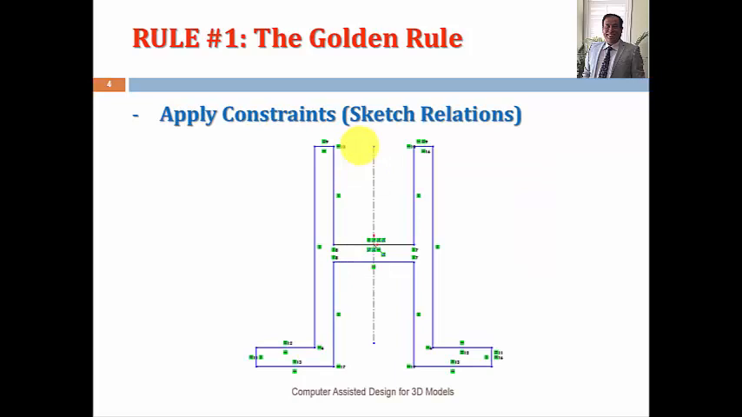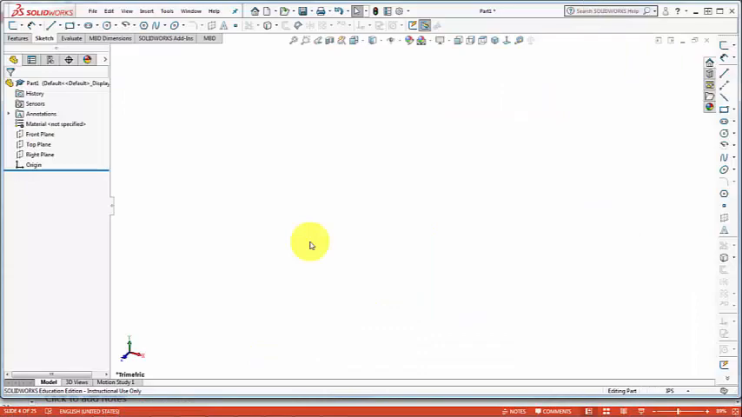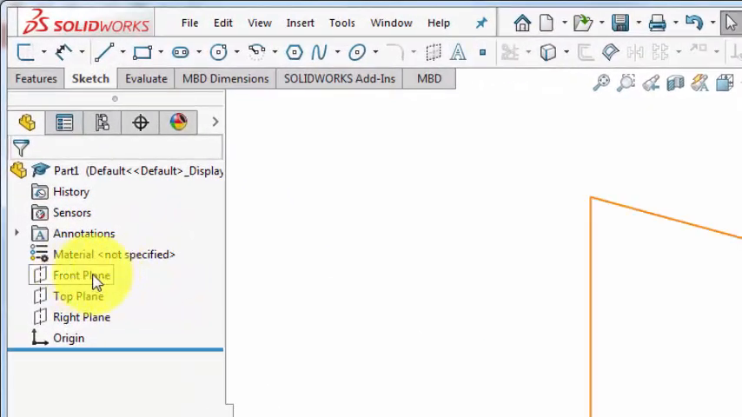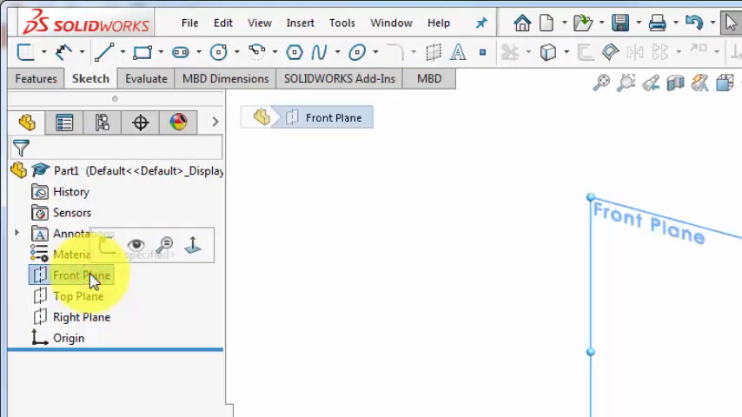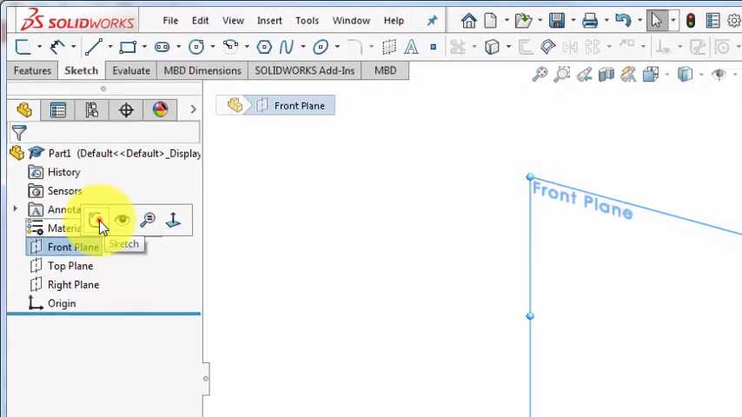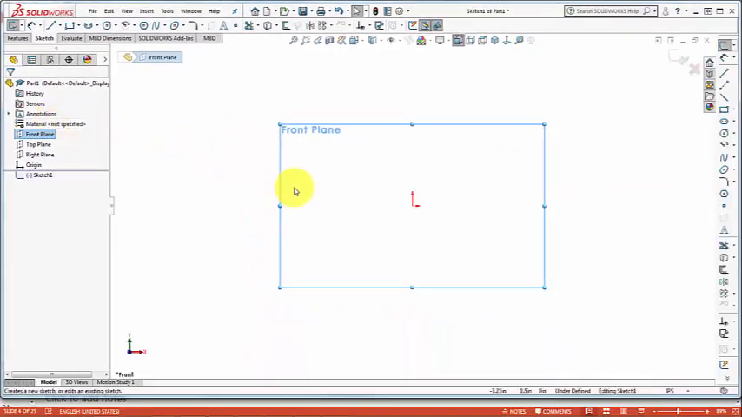So today I would like to go through in detail the sketch relations, how we use these sketch relations. Okay, let us start a new sketch. As we mentioned in the last video, we select the plane that we want to sketch on, let's say front plane, and then immediately from this pop-up menu we click on sketch. So here we are. Now we are in the editing sketch mode, and the message Editing Sketch1 is displayed